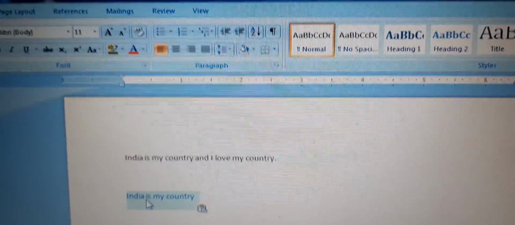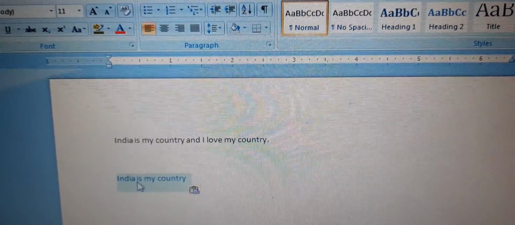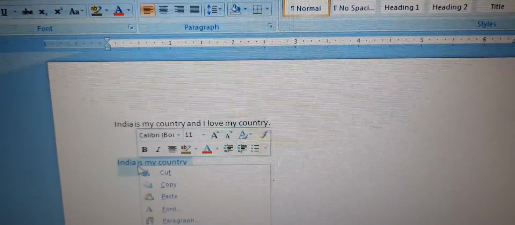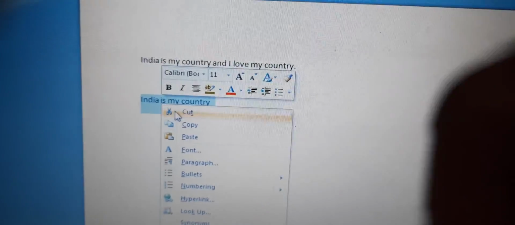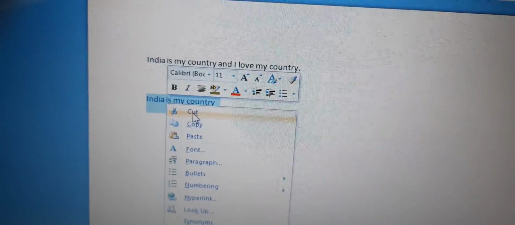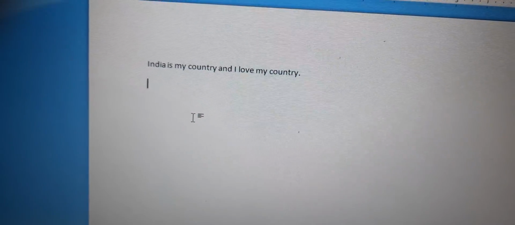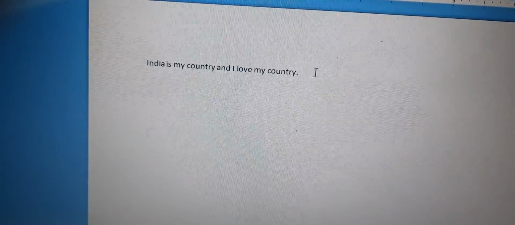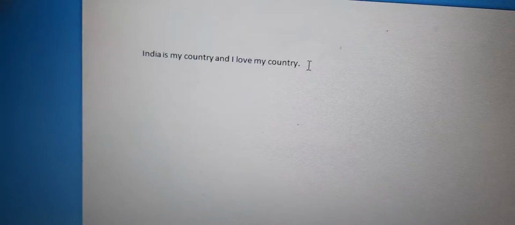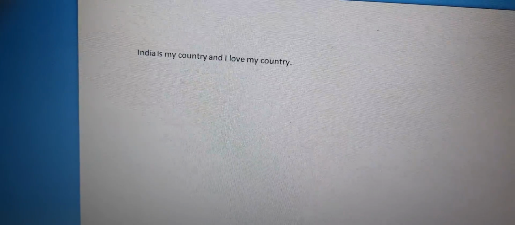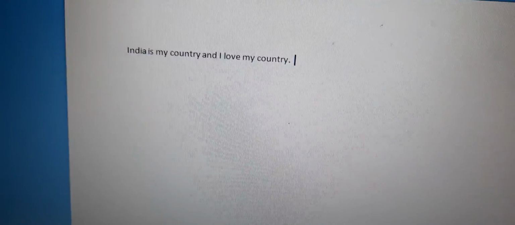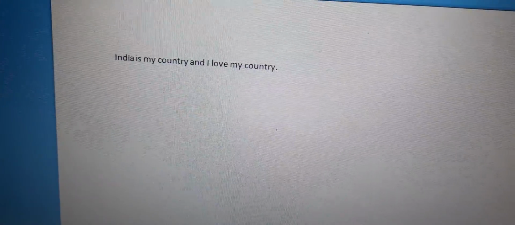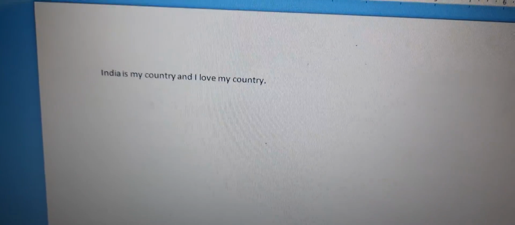Then one more option is there, you can right click here. When you right click your mouse, this menu will appear. Now you can press Cut from here, and the text is cut. Okay, and after the full stop I am giving some space and then I am pasting it using the keyboard option, that is